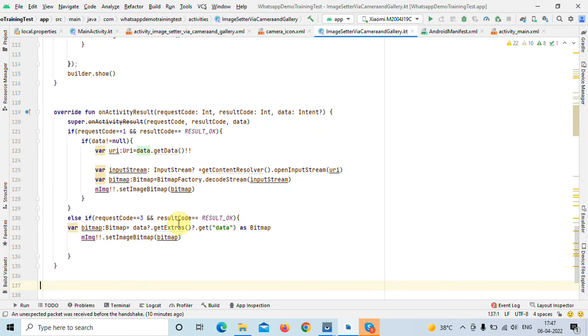Second, we use it for the camera. We have initialized this condition with the help of else if, where our request code is 3 and the result code is equal to RESULT_OK.